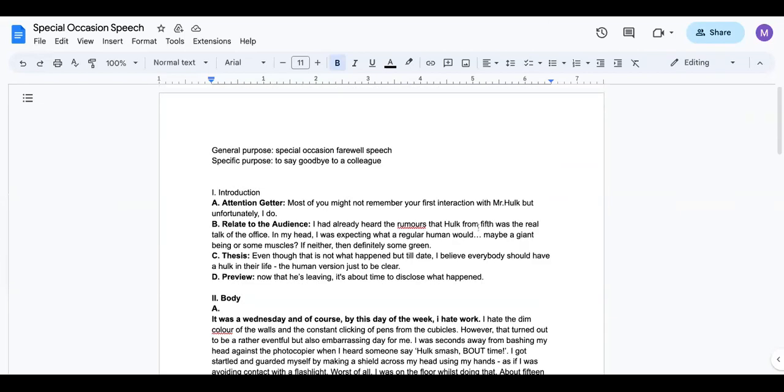Okay, great. So this is something that I'll be sending to you. For now, you all just need to understand the format. You don't need to worry about the types of speeches. You don't need to worry about your body paragraphs. You don't need to worry about your content. You just need to understand what your format is going to look like. Okay, I'm going to send you these documents. Just review them before the next class, so you'll have a nice idea as to how the format is going to look. Is that clear?